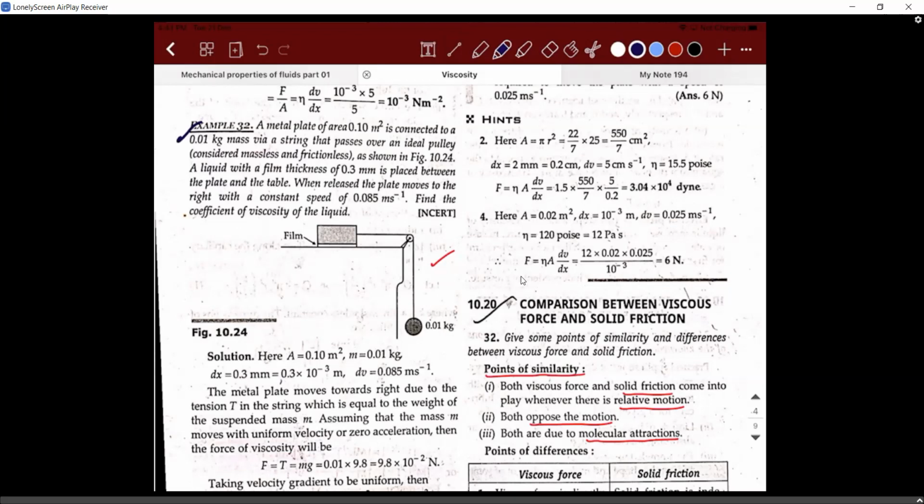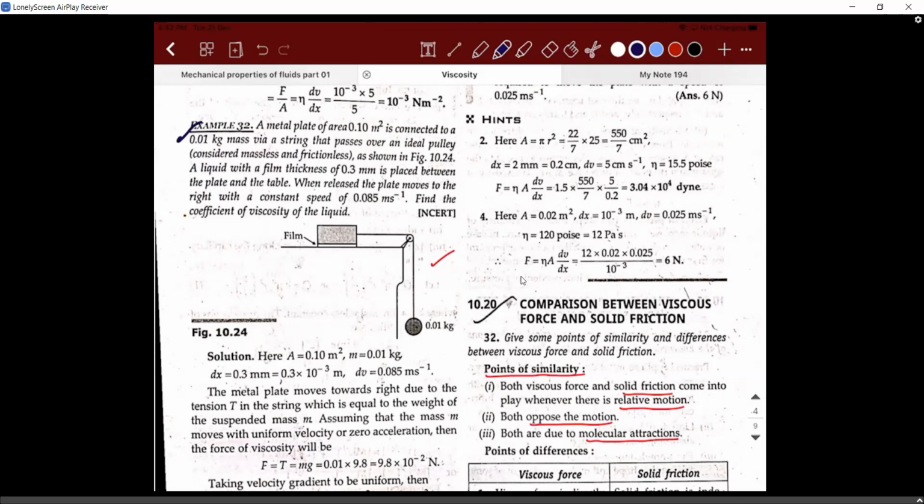Now think of the logic. When will this 0.01 kilogram be able to pull that metal plate? The 0.01 kilogram doesn't have any direct contact with the metal plate, first point to be noted. So it is using a medium to pull. What is the medium? It is using a string. Whenever the concept of string comes into picture, there are 2 points in our mind. One is the string is massless. The second is it is inextensible. When that is the case, the tension is going to be the same throughout. At the end points, it is an action reaction. So the tension here is the same as the tension here. It is getting transmitted.